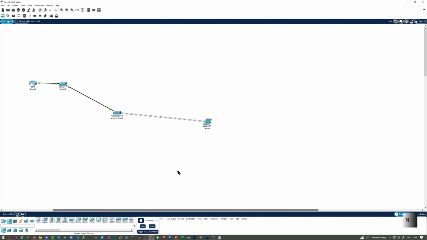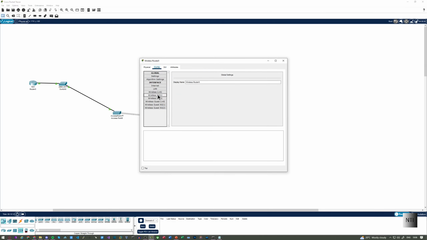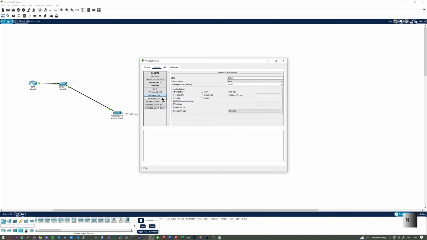Now, with 5 GHz, there are ways you can do this. Not exactly with access points, but with wireless routers. I'm not going to exactly demonstrate it here because it's basically the same thing. But if you go into a home router now, and if you were to go into config, you can also see this one called wireless 5G. And what you can actually do is, in order to make a difference between the two networks,